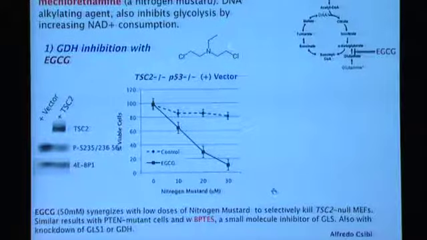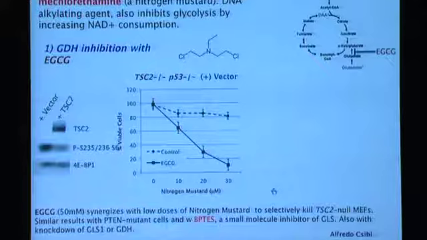And we confirmed that by doing metabolic analysis, and we see that production of pyruvate is reduced, and another target. I can't remember what the other metabolite we looked at. Or reduced when you add low doses of this DNA damaging agent, doses that don't really kill the cell, in these cells. Okay, so with that in mind, we've wondered if we block glutamine metabolism, will that have an effect on cells that have high TORC1? So we're reducing glycolysis, and now we're going to attack the glutamine metabolism pathway.